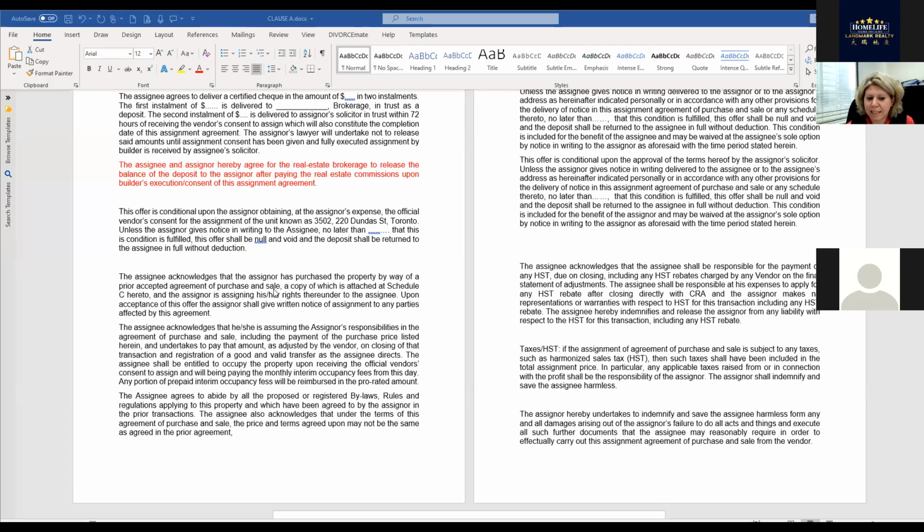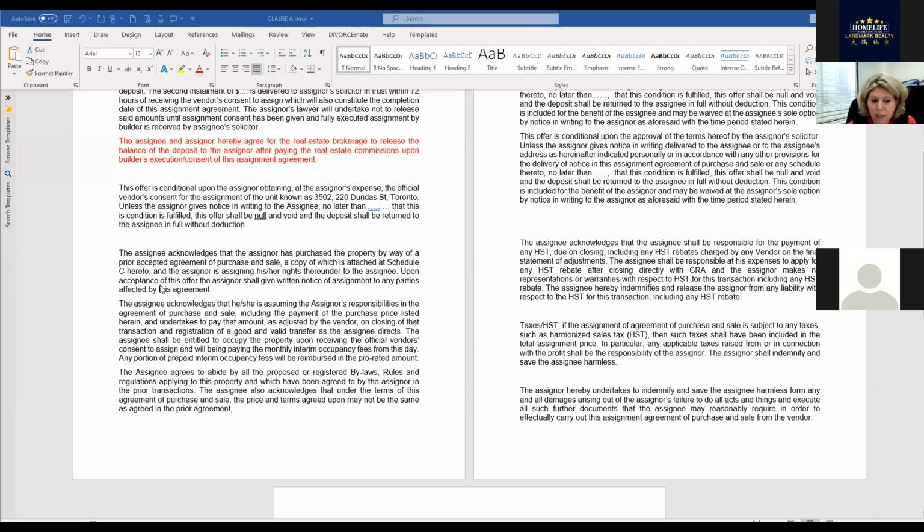It's important that the assignee knows what the original contract is, where the duties, the responsibilities, and the liabilities are, if there is still a cap on the statement of adjustment. He has to review with his lawyer. So this is an important condition. Then you want to write that